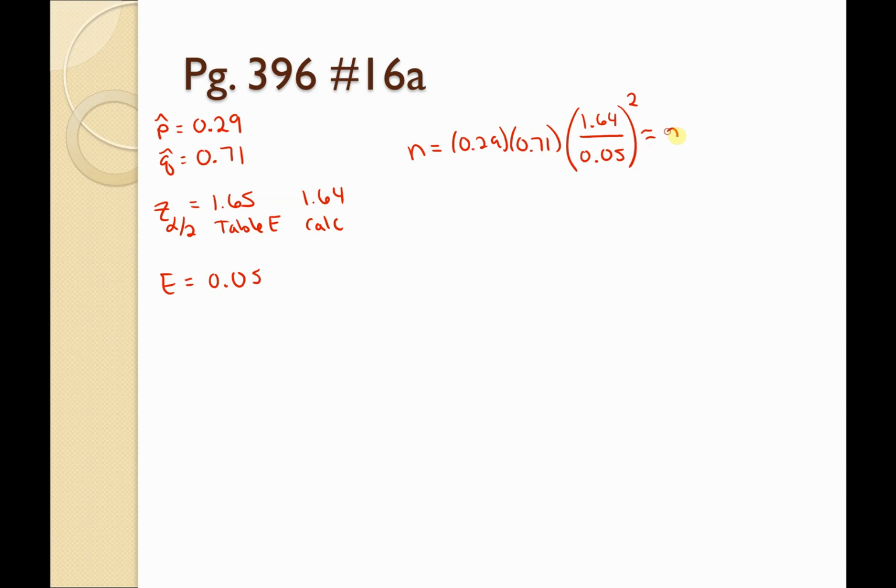So this is roughly 221.515-ish. You have to round up. So 222 would be the sample size we need. We would need 222 to be our sample size. Always round up. Now, if you used 1.65, if you're a table person and you had 1.65 that you chose to use,